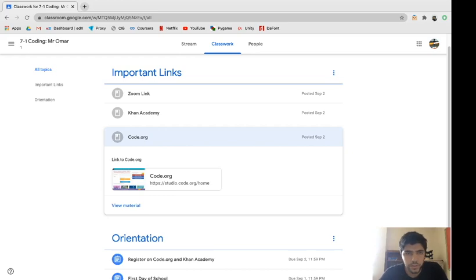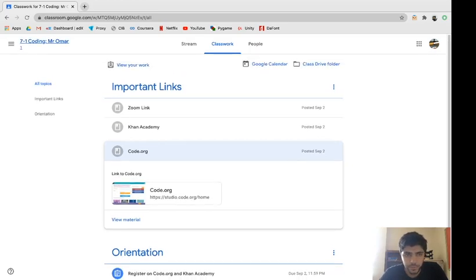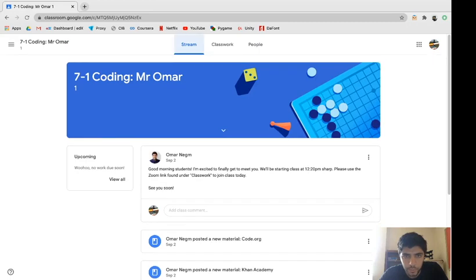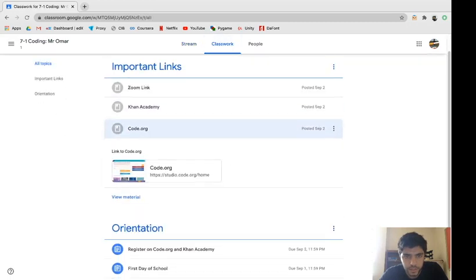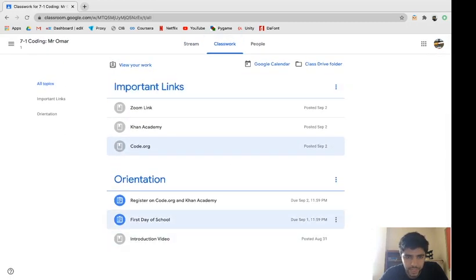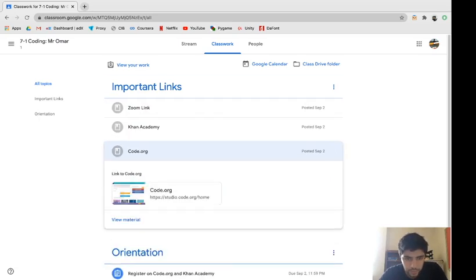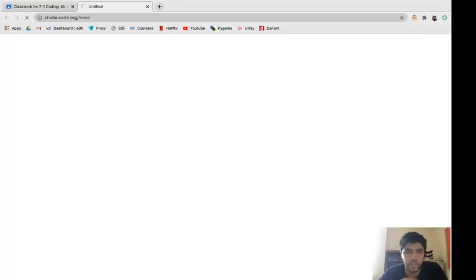So if you go to the Google Classroom, and you go to classwork here, you'll see all the assignments that were posted in the past, and you'll see the important links section. This is where I put anything that you'll need throughout the year. So we're going to go on code.org,